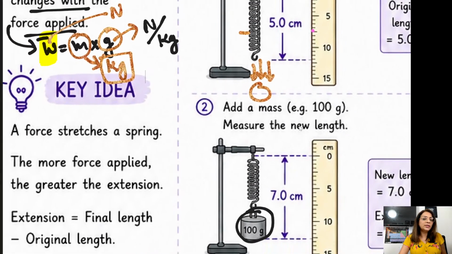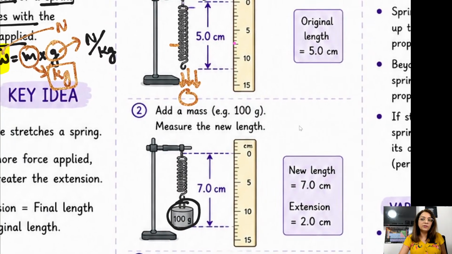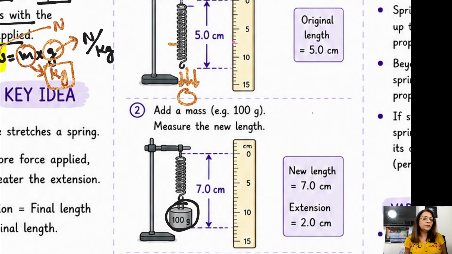Okay, how do you find the extension in the spring if you have been given these two pictures? What do you do to find this extension in the spring? Did you understand my question? Very good, Scarlett. You just take the original length, which was 5 centimeter, and the extended length, and you just subtract the original length from the extended length. So you will get 7 minus 5 equals 2